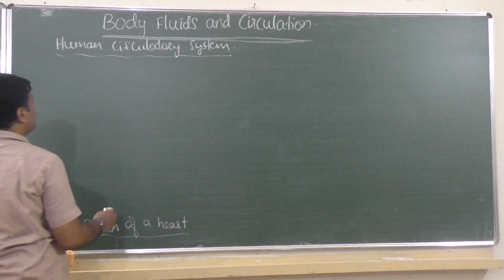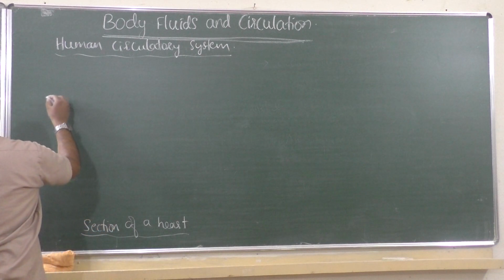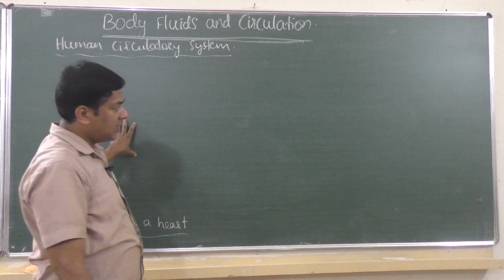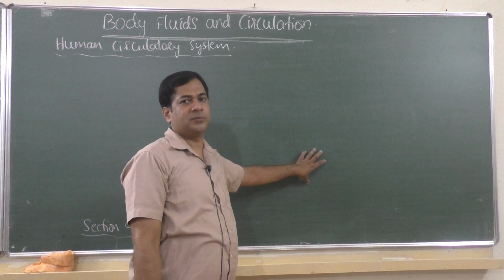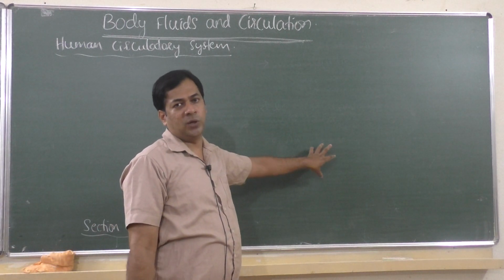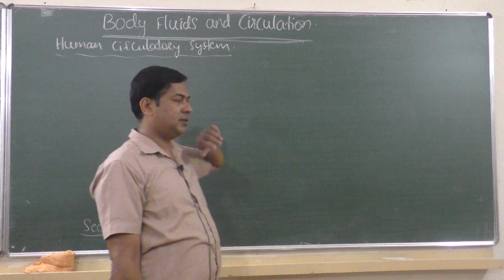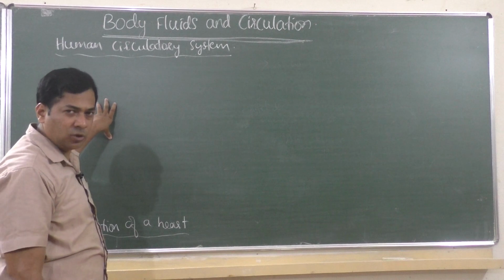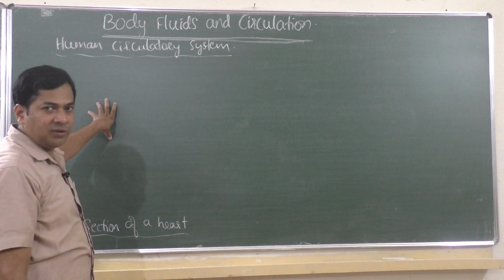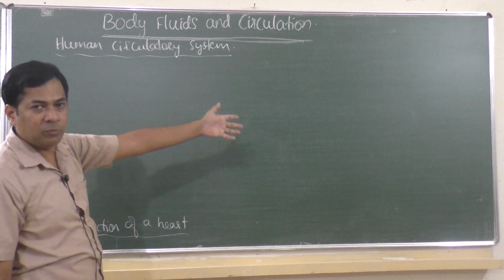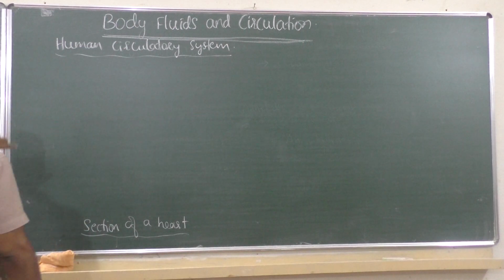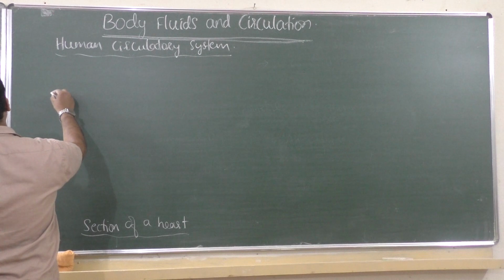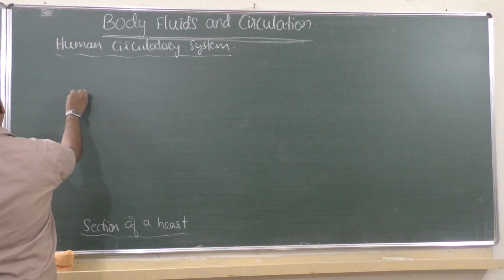First we will draw and label. First I will draw what diagram is there in the textbook. Then I will draw one simple diagram also. And I will teach you how to draw that simple diagram of heart. If you follow the diagram in the textbook, it is well and good. But if it is difficult to draw, then you can follow one more diagram which I am going to draw now. Okay, first let us see the sectional view of heart, what the textbook is showing.